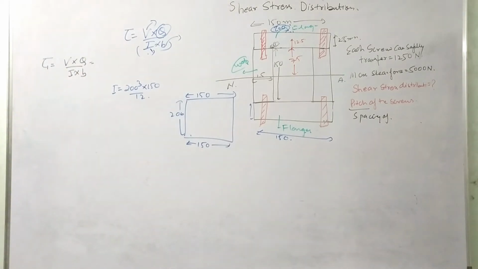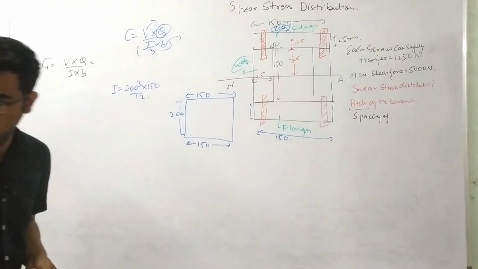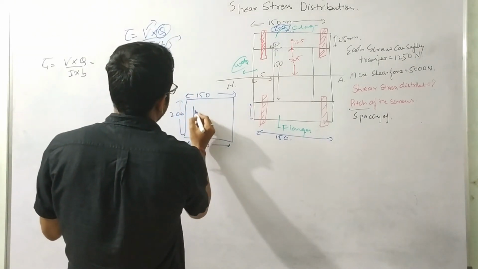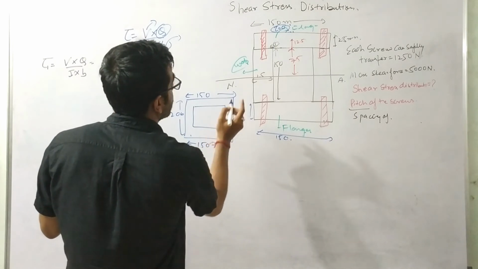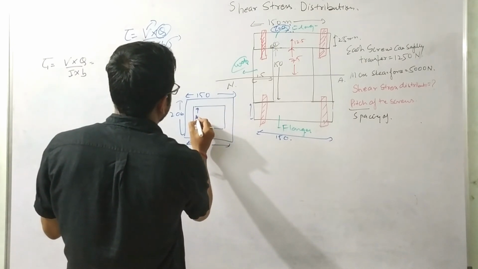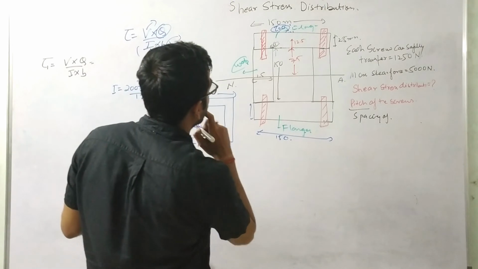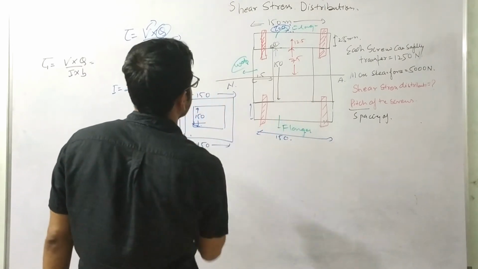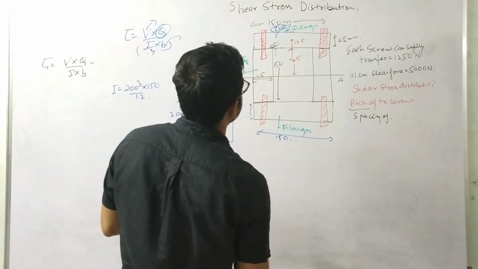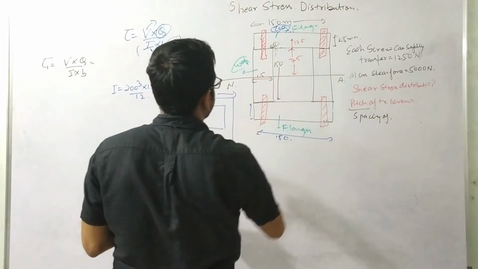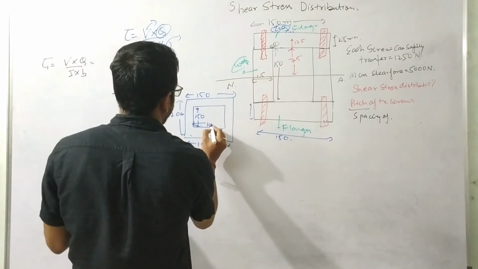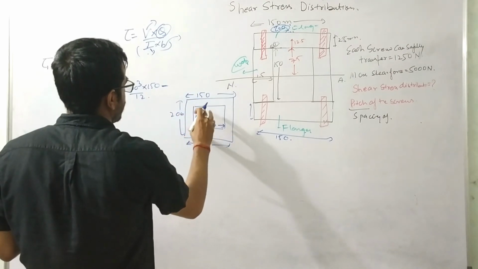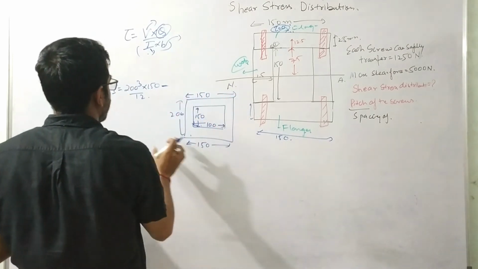If I calculate this, or later I will calculate, then there is one more cross section area over here, the value of which is 150 minus 25 from here and 25 from here. This is 150 minus 50, that is 100. So I will separate this area and subtract its moment of inertia from the complete section which we have calculated.